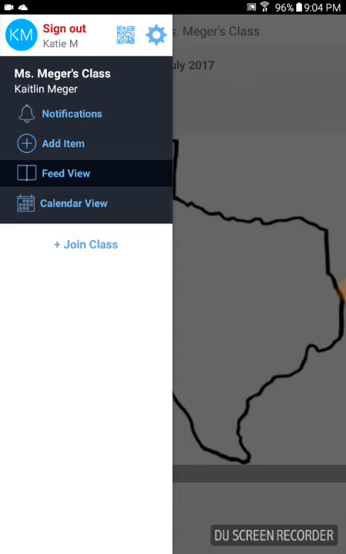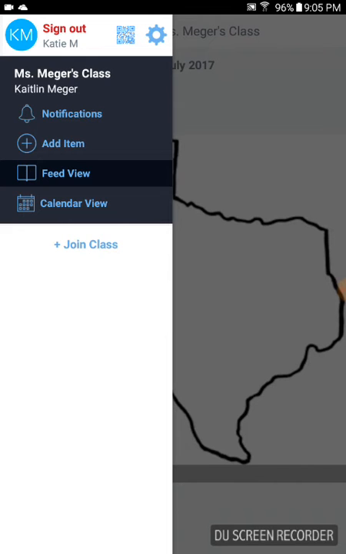So they are under the 4th grade class, but they might also be in the 6th grade class. Also, if the music teacher uses this app as a tool for students to share their music projects, it can also just be used for the music teacher. So the students might add to a class that is just that music teacher's